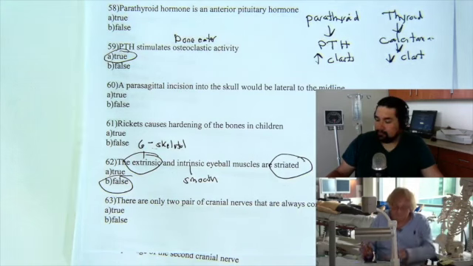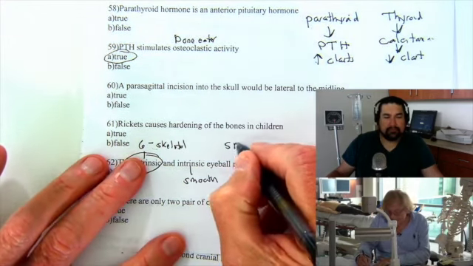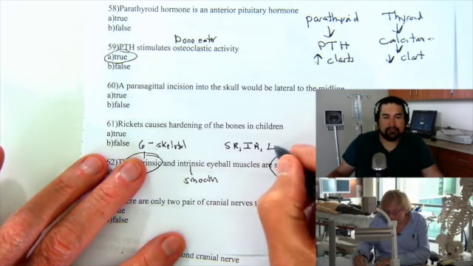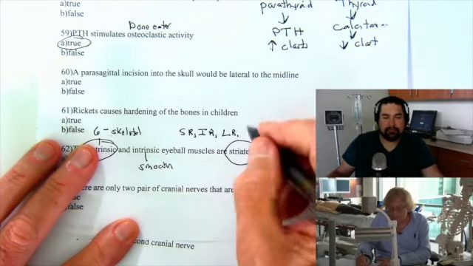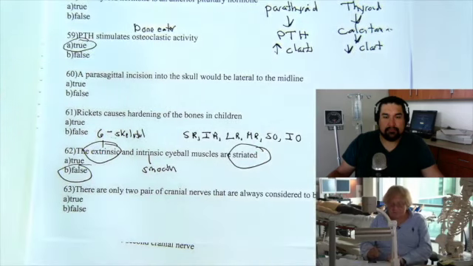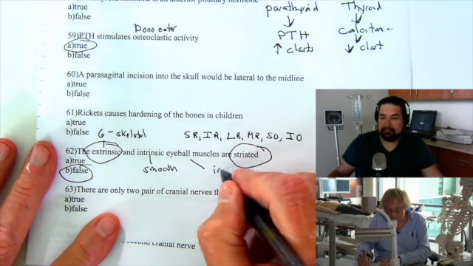6 eyeball muscles by just saying something like, I've got an SR, superior rectus, and an IR, inferior rectus, and an LR, a lateral rectus, and an MR, a medial rectus, and an SO, a superior oblique, and an IO, an inferior oblique. And then when we go to intrinsic muscles, we're going to just say something like the